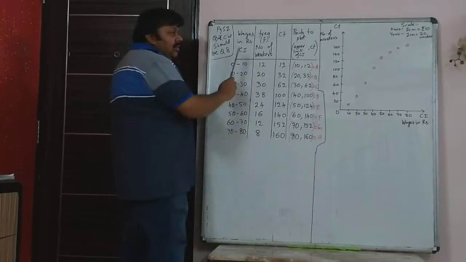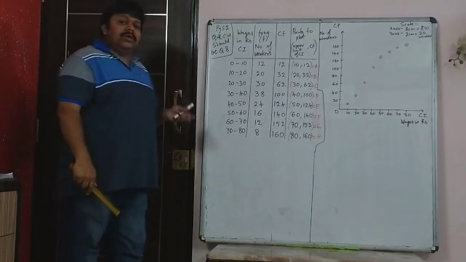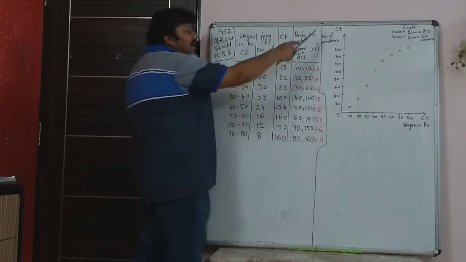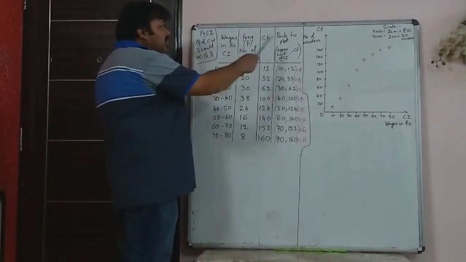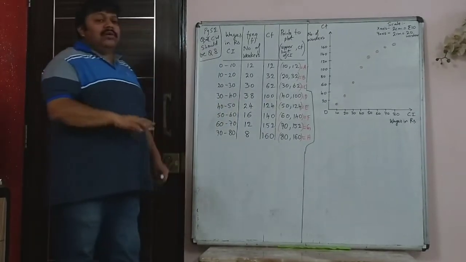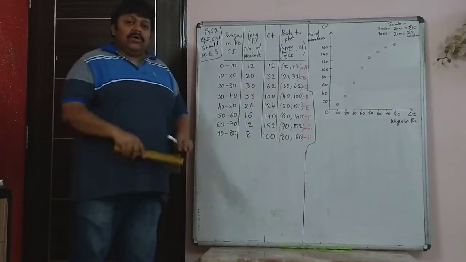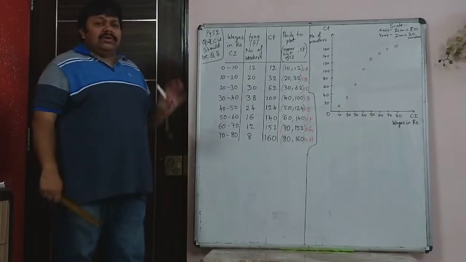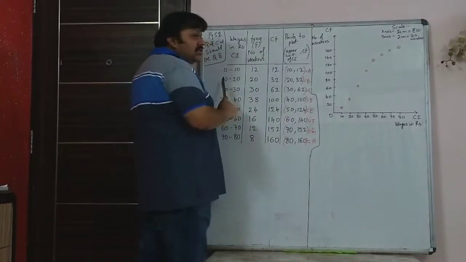Now in your exam, this has to be shown along with the other workings in your main answer sheet. So all this would be shown in the main answer sheet, and that graph has to be drawn on the graph paper. So in both places you will write the correct question number and sub question number. That is very important. The graph can be tied at the end. You can tie it in between besides this, or you can even tie the graph at the end of the answer sheet. So either way it is okay.